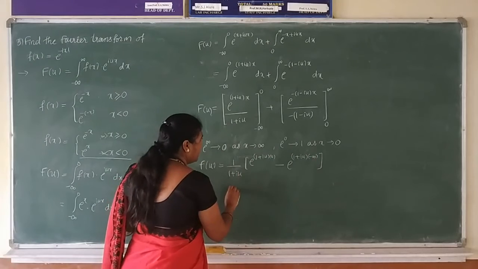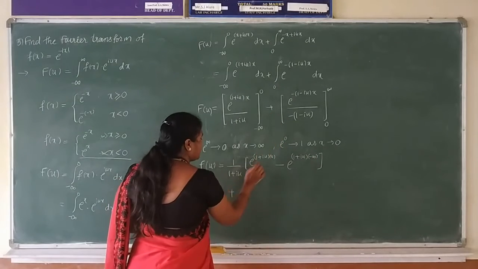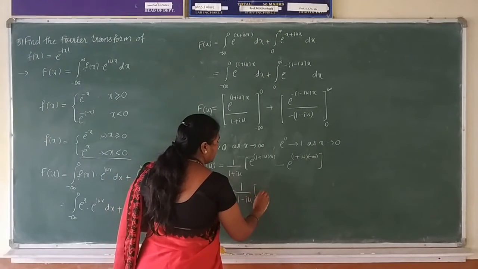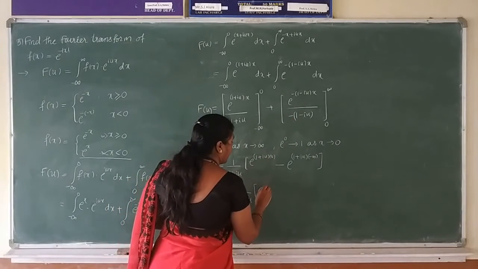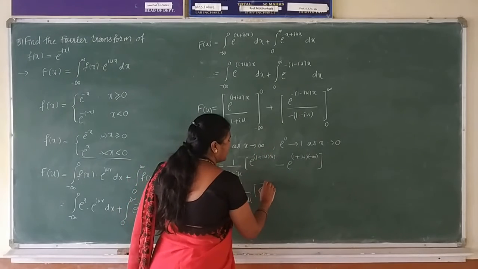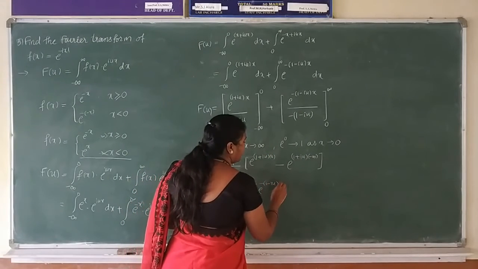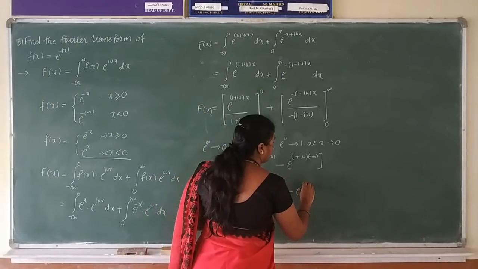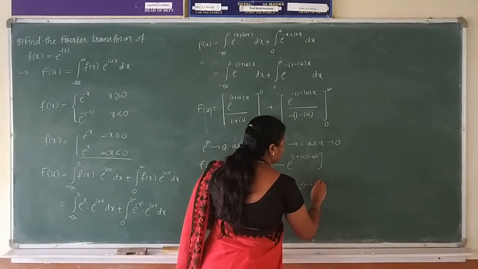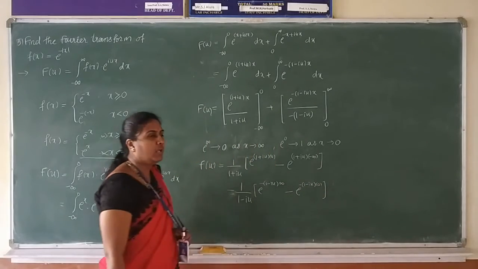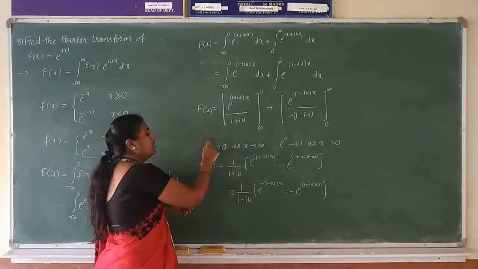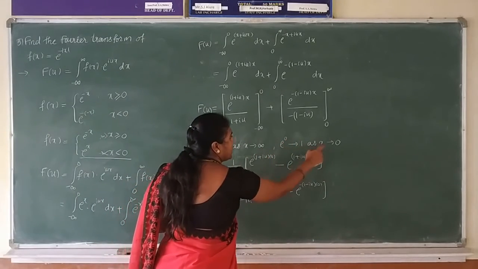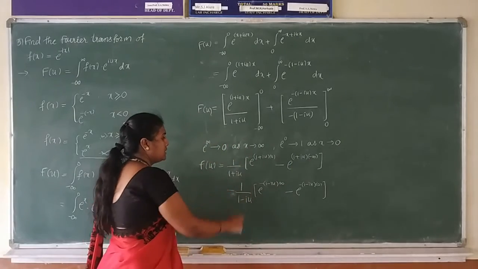Next for the second step, taking plus into minus 1 upon 1 minus iu, keeping it constant, substituting the limits. Upper limit as infinity, that is e to the power minus (1 minus iu) into infinity, minus e to the power minus (1 minus iu) into 0. Now as I told you, e to the power minus infinity tends to 0 as x tends to infinity, e to the power 0 tends to 1 as x tends to 0. Using these rules here, we get